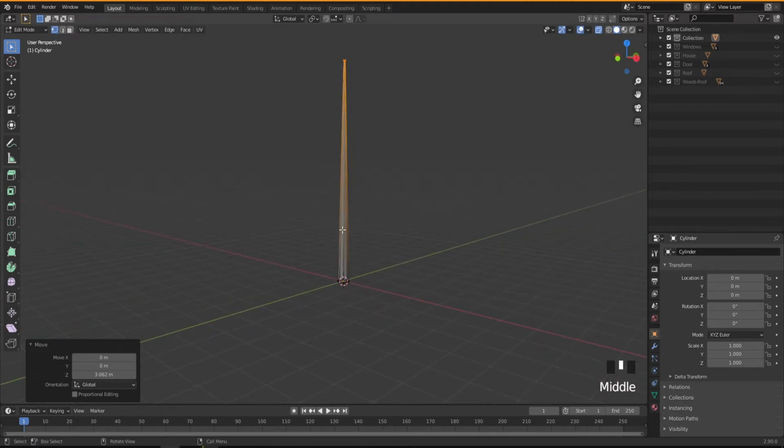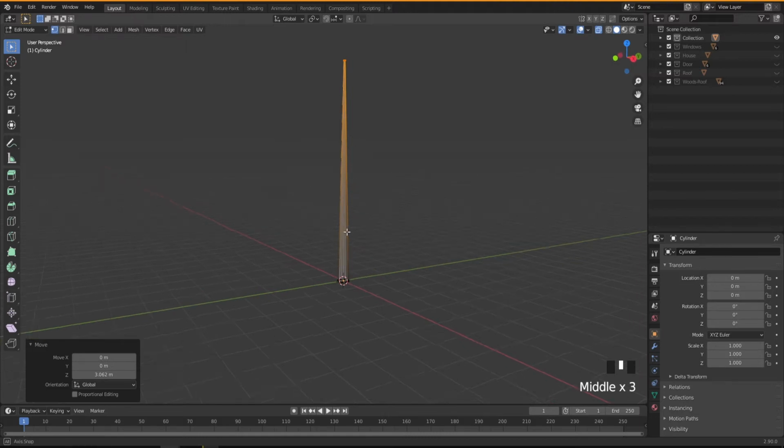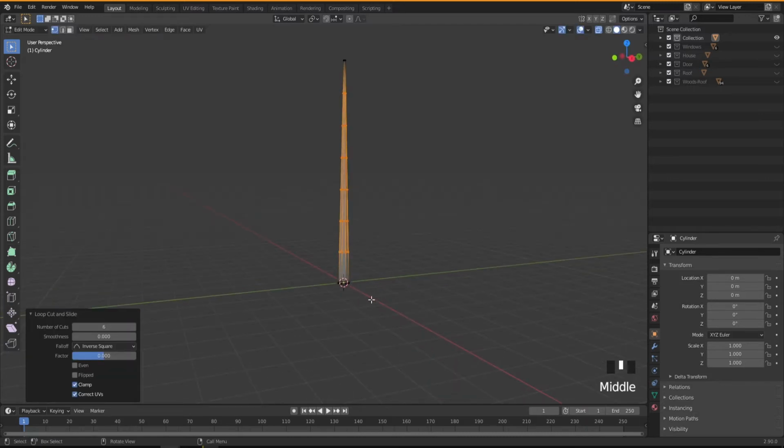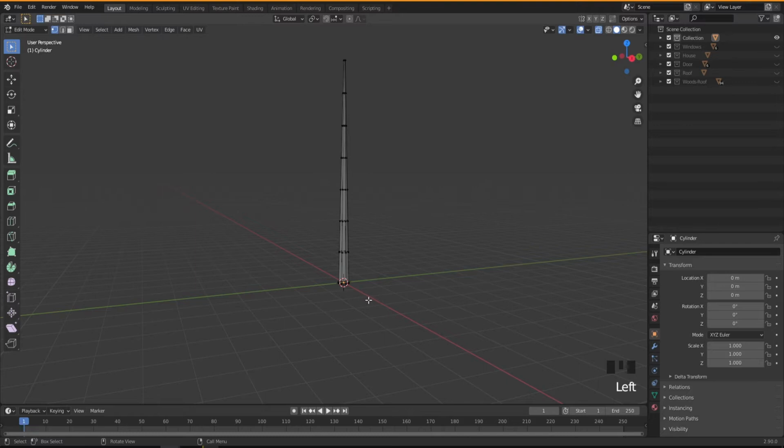And I'm gonna add some loops in the trunk, to be able to bend the tree if you want, because now it's really straight. So I'm gonna press Ctrl R, and this is up to you, but about 6 should be fine for now. Left and right click to keep them in their position.